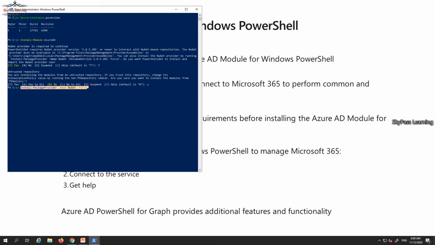Second thing, suppose you are getting an error message while running this command also, like you might get an error message that you are unable to install this package. So you have to run one more command before that, that is [Net.ServicePointManager]::SecurityProtocol, because sometimes due to TLS 1.2 you will be getting this message.